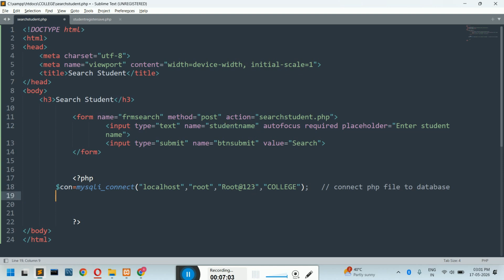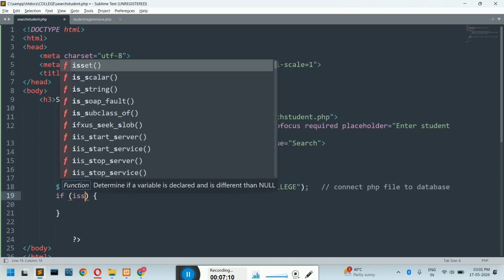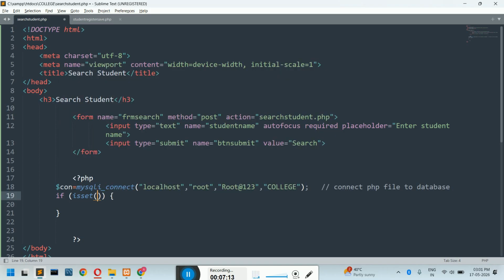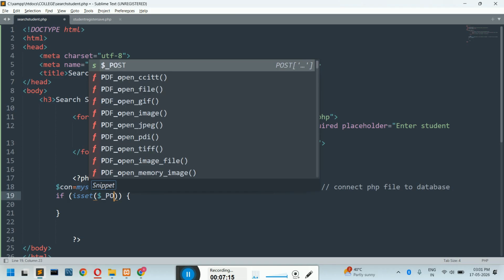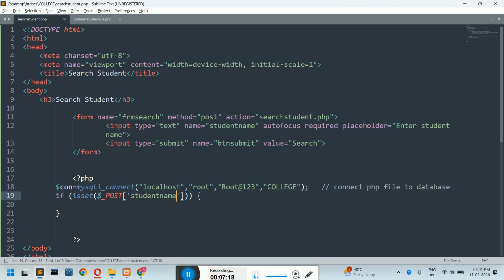So for that, we have an if condition. Inside this, there is one built-in function called isset, and inside this $_POST, same thing, that is student name. So what this line tells, very simple, student name is the name of the tag. I'm fetching whatever data he has entered in that text box using the $_POST function. The isset function will check whether there is any name in that text box